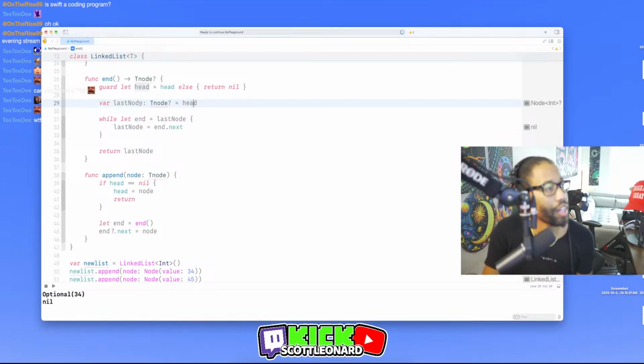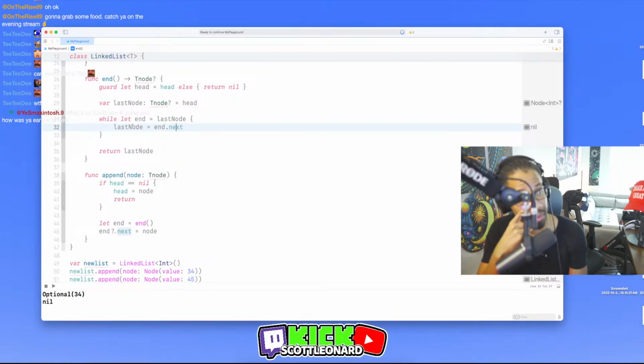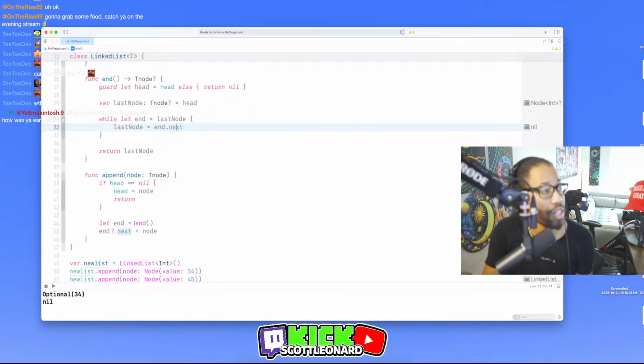Head is not nil. So then last node equals end.next, which is nil. So we can't assign anything to this because this should be...